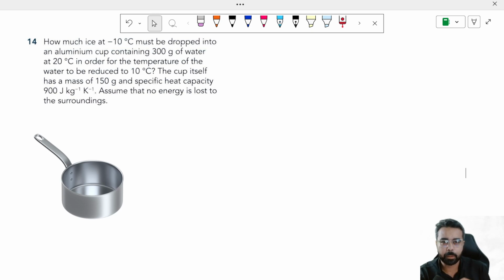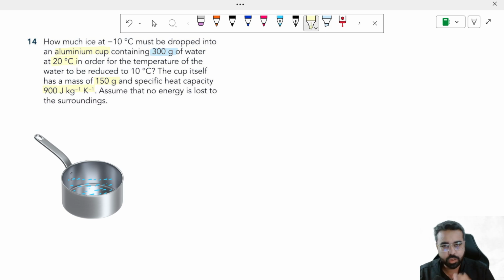Hi, this is the question about the energy transfer in the closed system. As you see, this is an aluminium cup, which is made of metal, aluminium, which has a very low specific heat capacity, and it has its own mass, that is 150 grams, whereas it contains water. So this is water inside. What is the mass of water that is also given? That is 300 grams. So collectively, this cup and water, this system, has its own temperature, which is 20 degrees